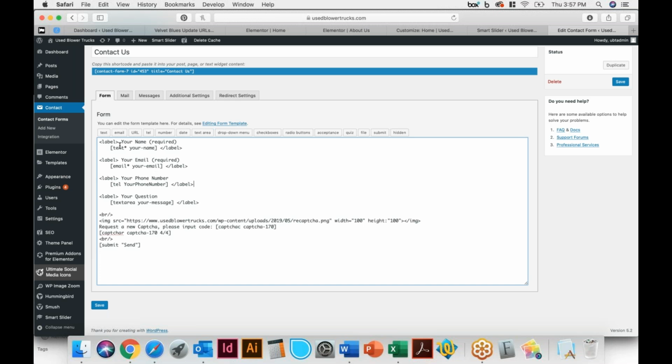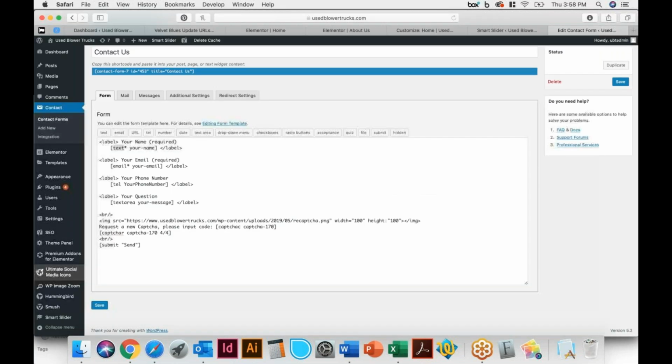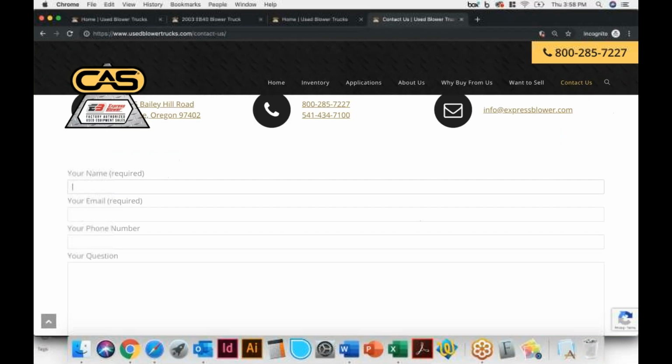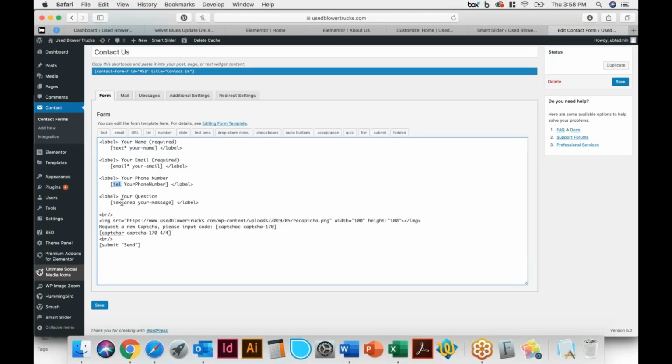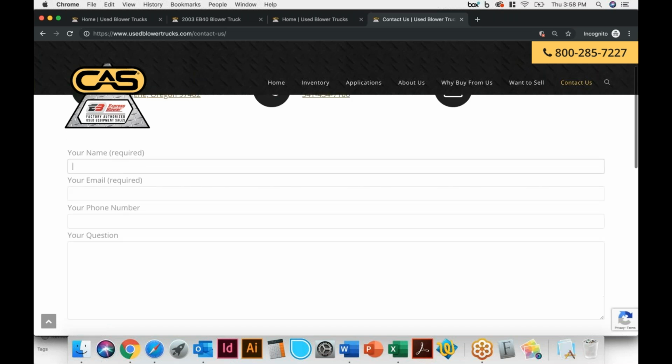However, you just have to pay attention to this label right here. For text, you see the text is basically the box right here. For email, it's actually recognized as email. And for telephone, it's actually recognized as telephone, which is TEL. When it says text area, it just means that it has multiple lines for you instead